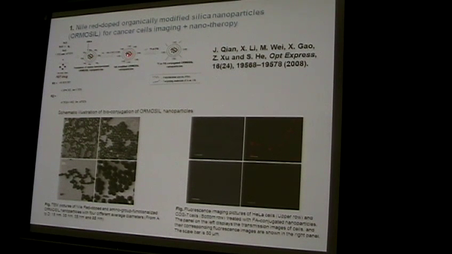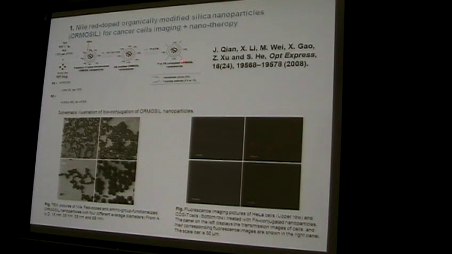And then we need to do the surface modification because we need to let these nanoparticles target the cancer cell. So we need to do the surface modification, and we use the GA modified surface modification, and then we do the